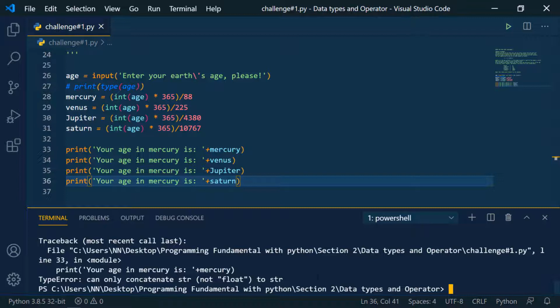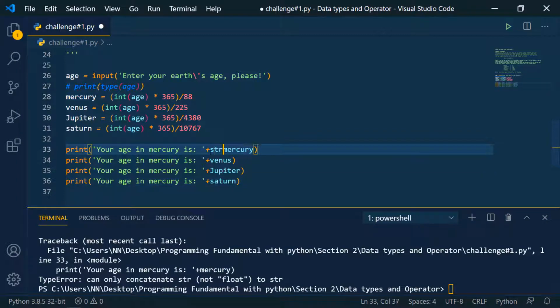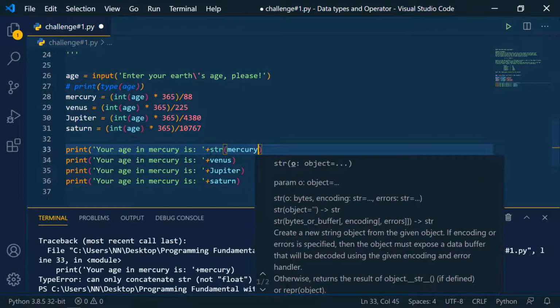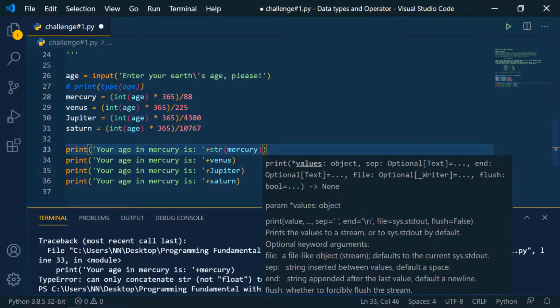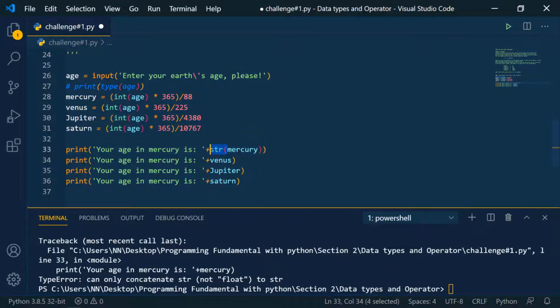And again we got an error. So this time what's the error? It says cannot concatenate float to string, and yeah, so we need to convert this as well into a string, because we are concatenating it. All right,